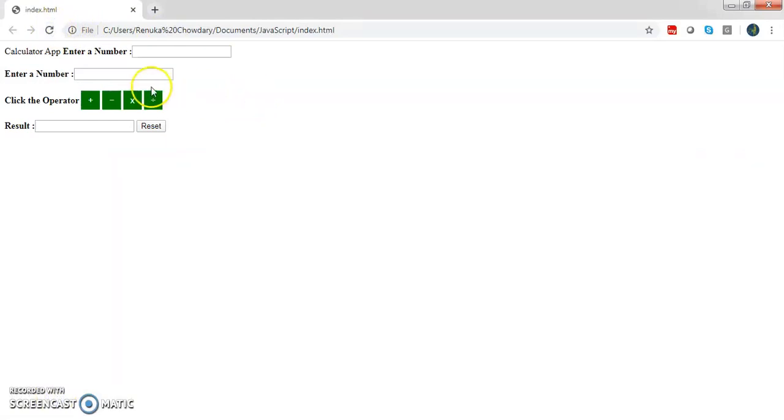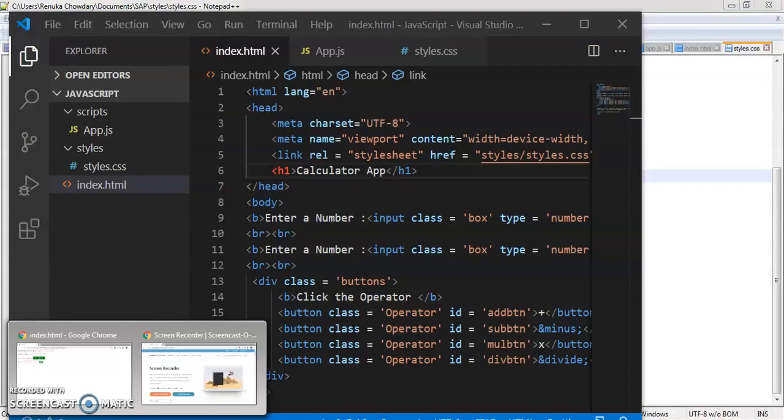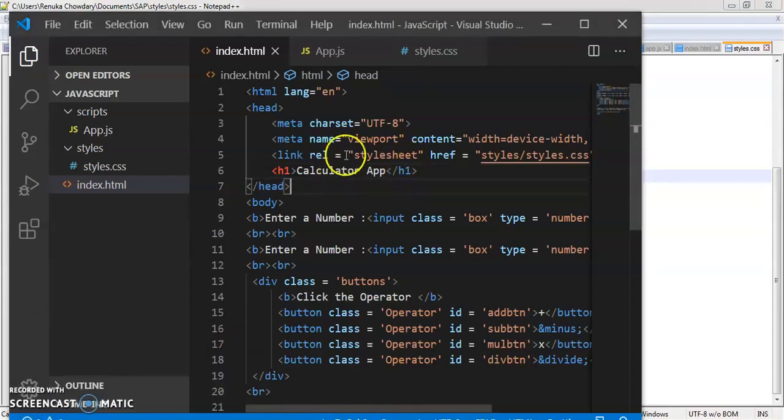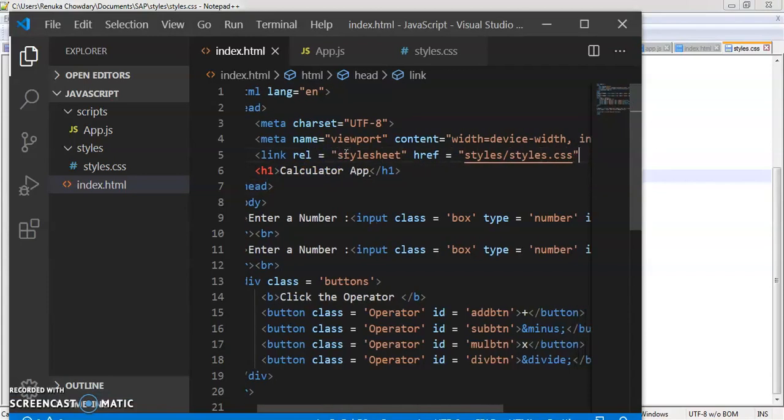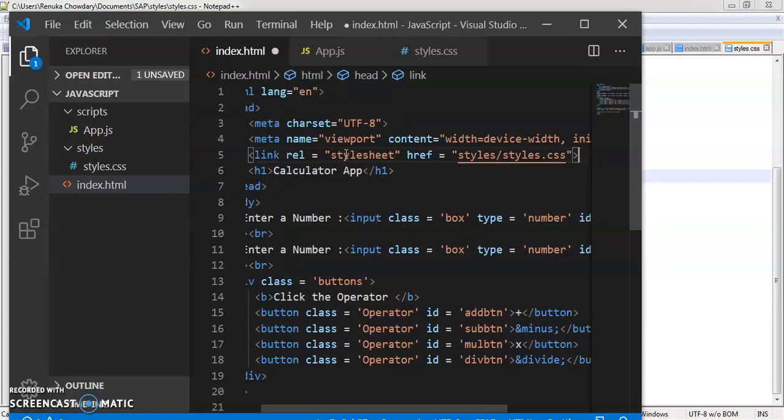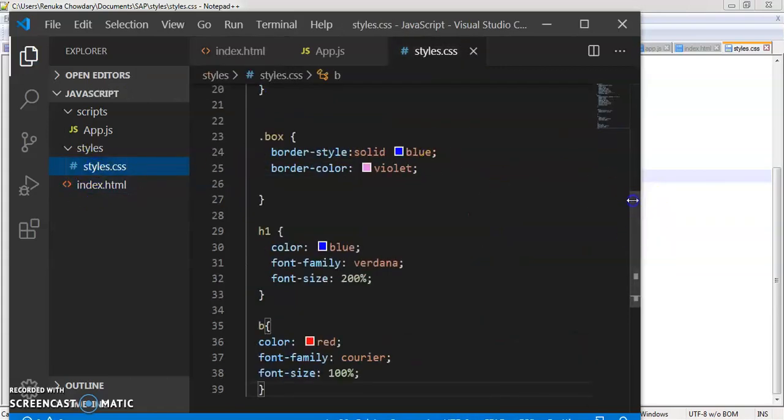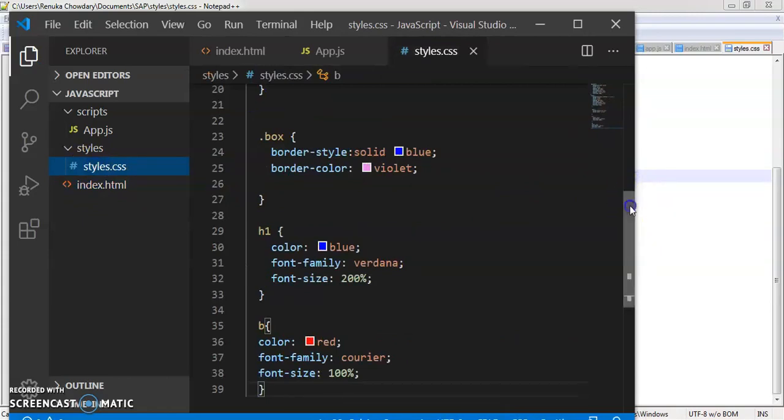So now you can see styles applied to the buttons. Let us apply remaining styles to the remaining elements. The link tag is not closed properly, and that's why we are getting the header as incorrect format. For time saving, I have added the CSS to other elements as well.